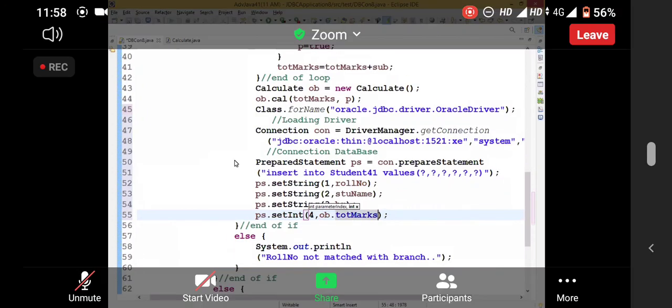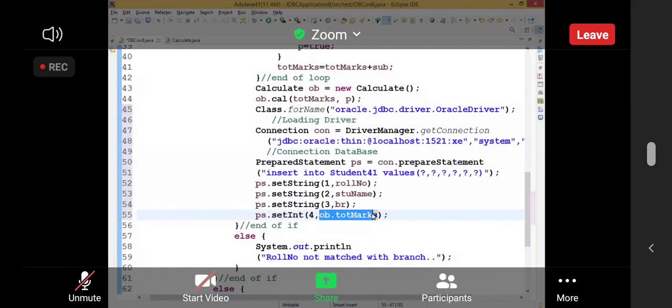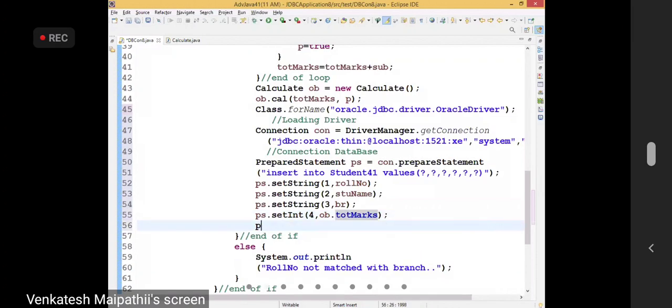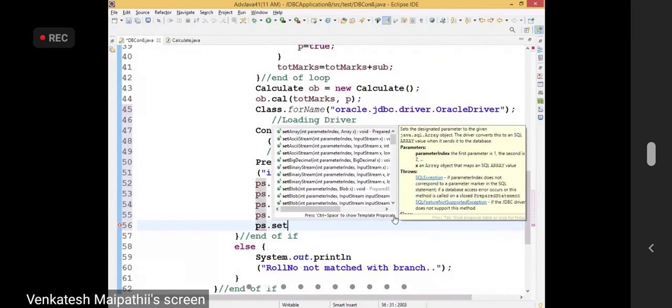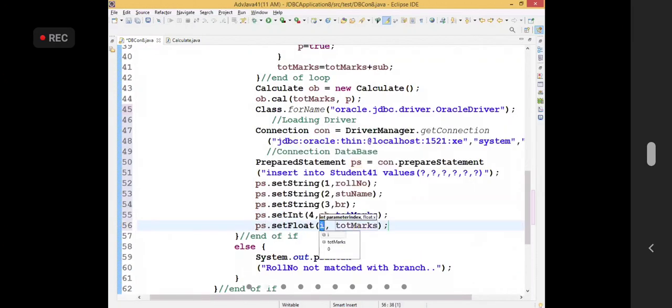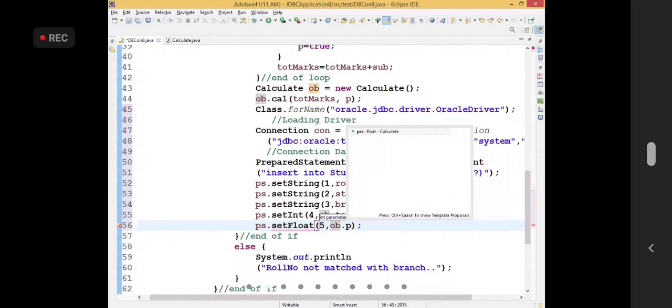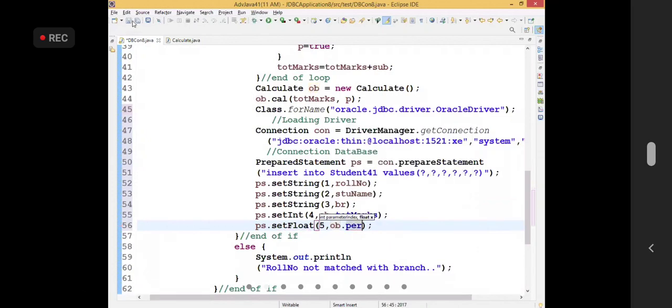That is the only code, right. Now PS dot set float, parameter index 5 now. Access the percentage: OB dot percentage, because OB is the object belonging to calculate. Got it, right?